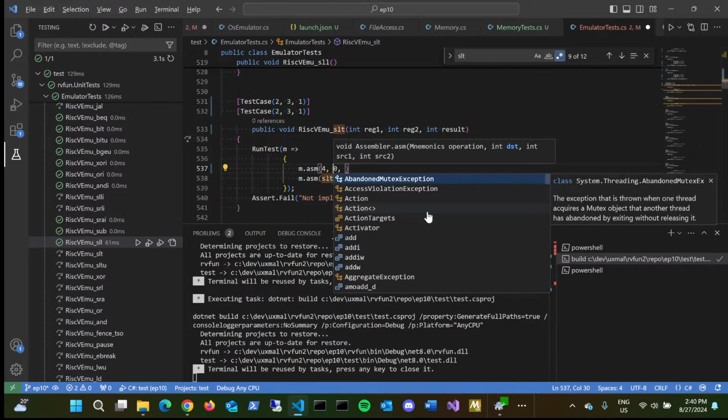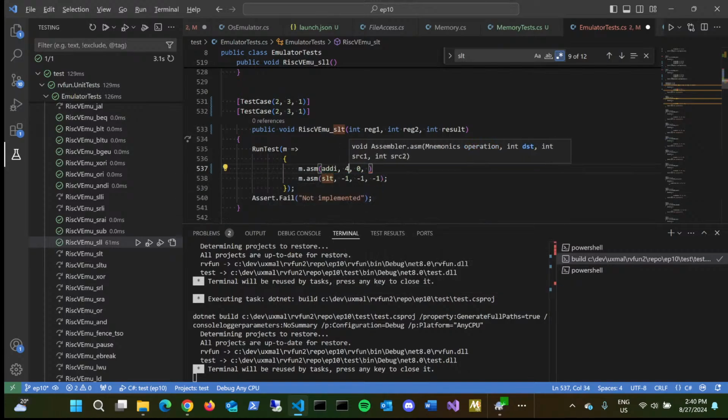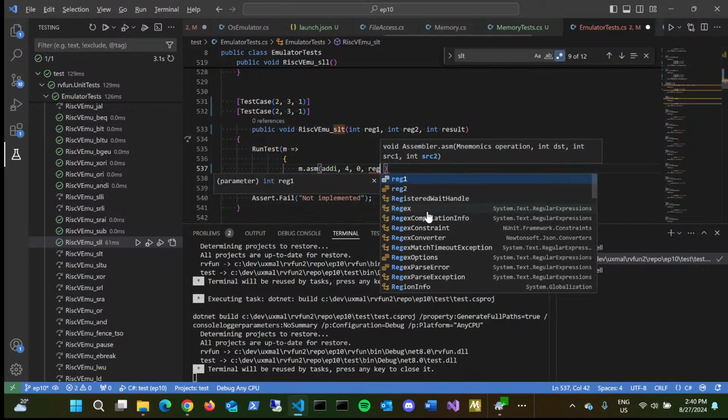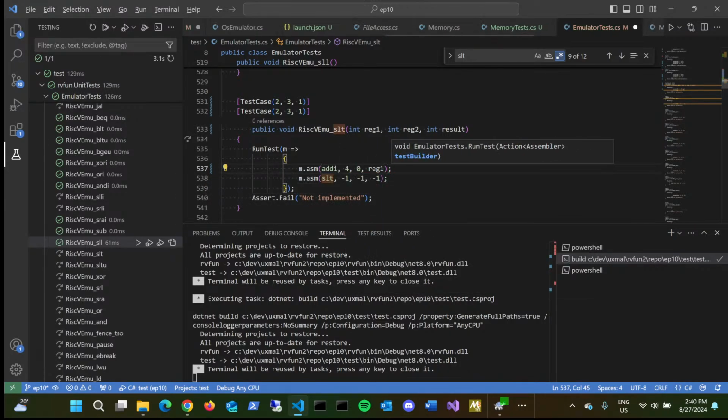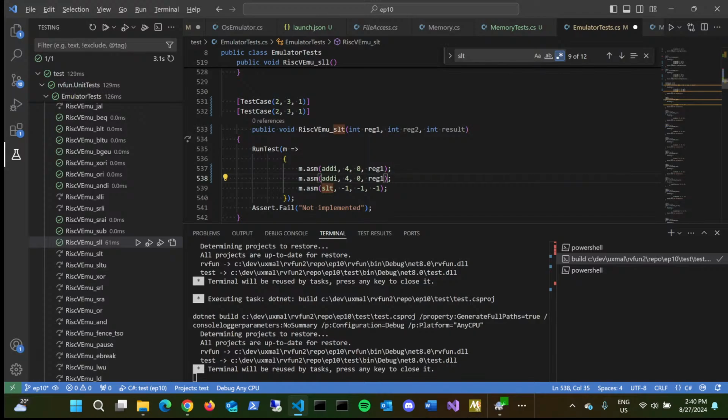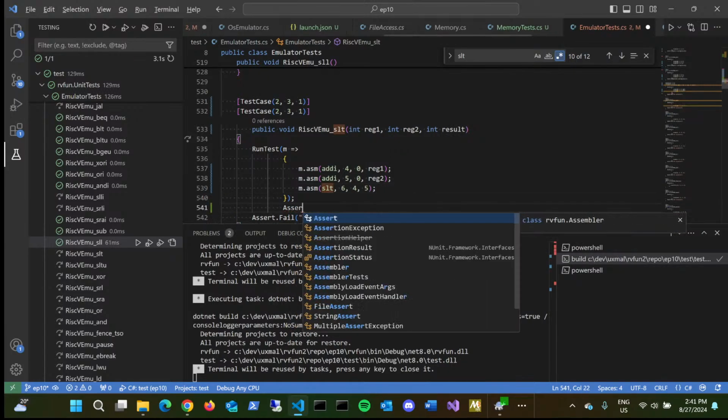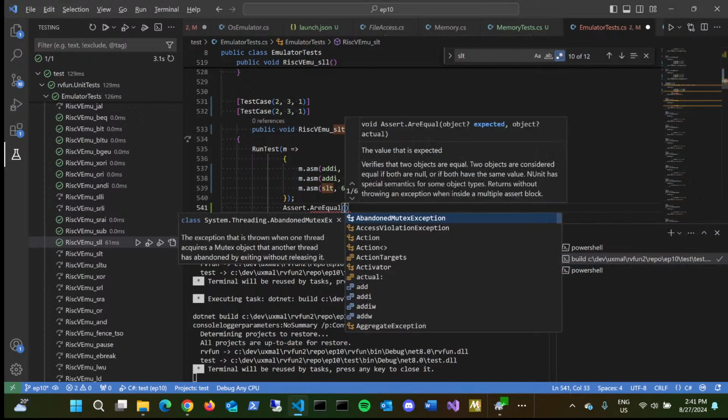It should have the value in reg1. And the second register that we're comparing against should have the value in reg2, and then the result will be in register 6, and it will be the less-than-ness of 4 and 5, and then we say assert are equal result